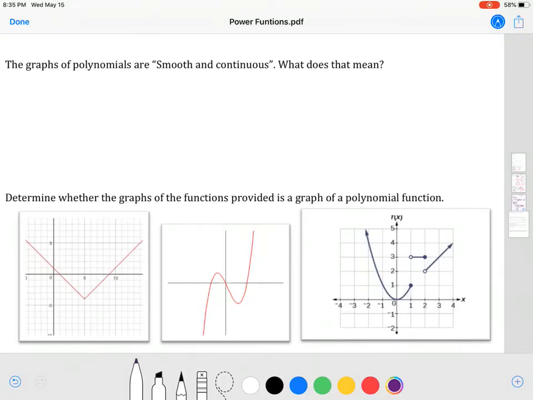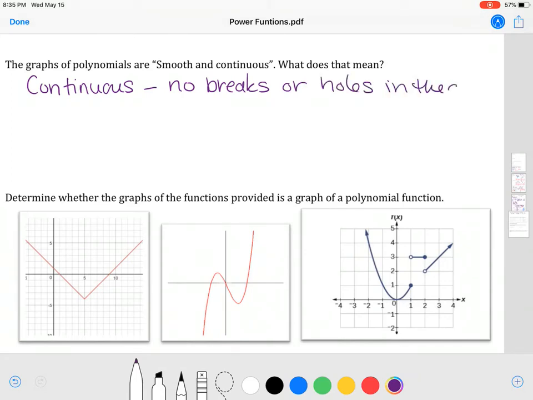So in this video, we're going to talk about what smooth and continuous means. Now, all polynomials are smooth and continuous. And what continuous means, unofficially or conceptually, it means there are no breaks or holes in the graph. So I should be able to draw the entire graph without picking up my pencil if it's continuous. Now, what smooth means